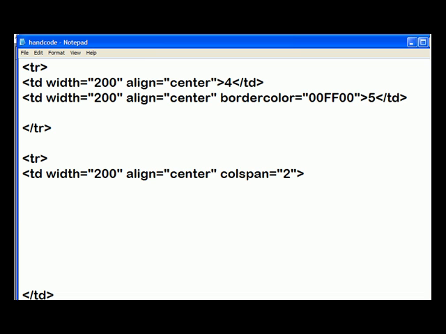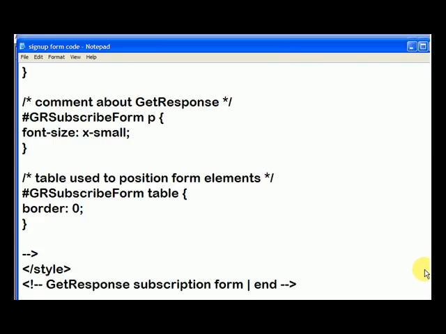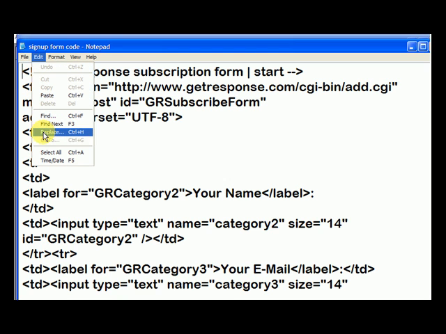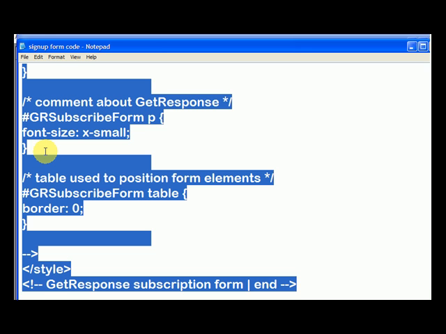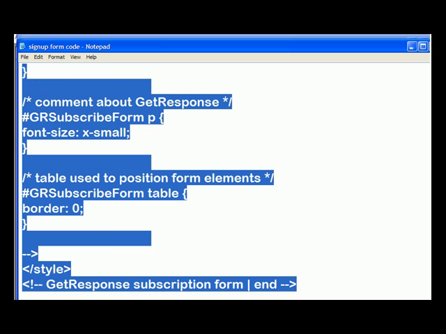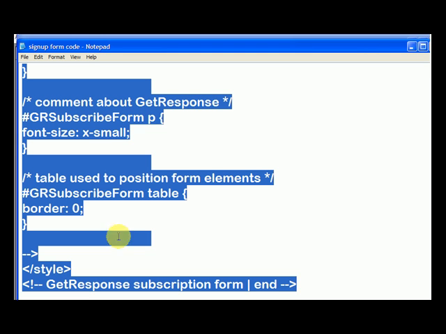So I've gone into one of my autoresponder accounts and I've done that, and I've generated this following code. So what I do is go to edit, I can do select all, and it selects all the text in here, and then I want to go and copy that. I want to go back to my source code. Now this is the source code of the web page here. Don't get it confused with, right here was the sign up form code,